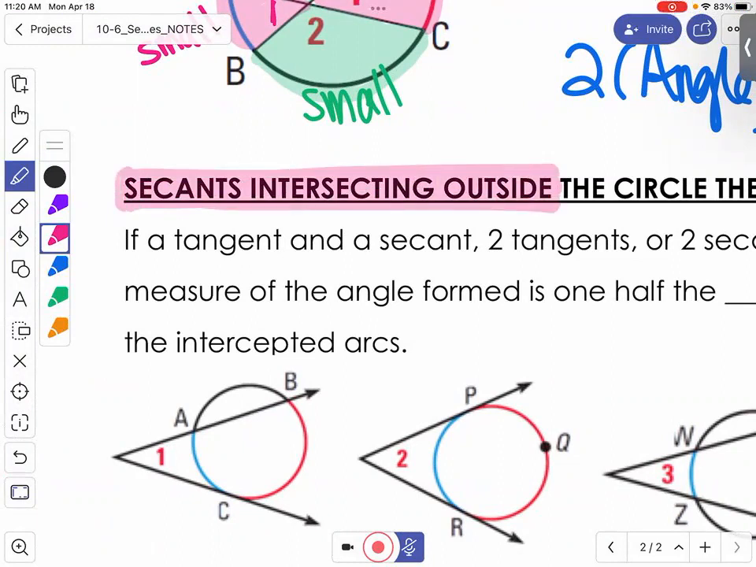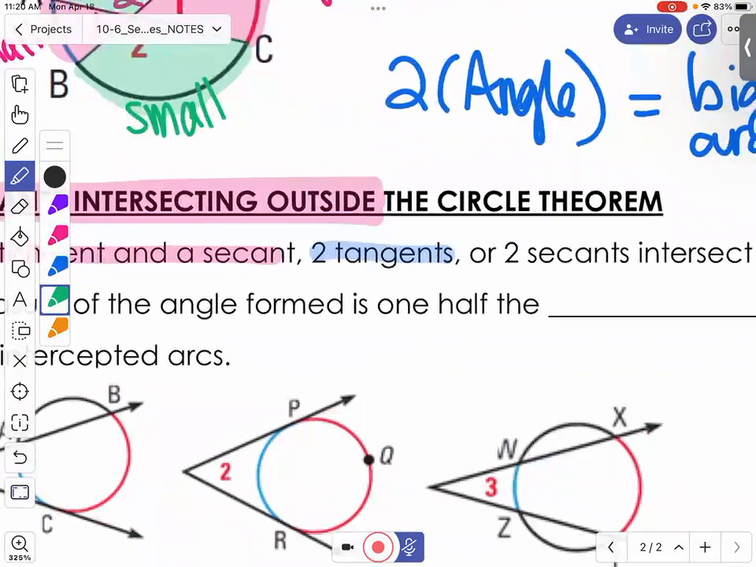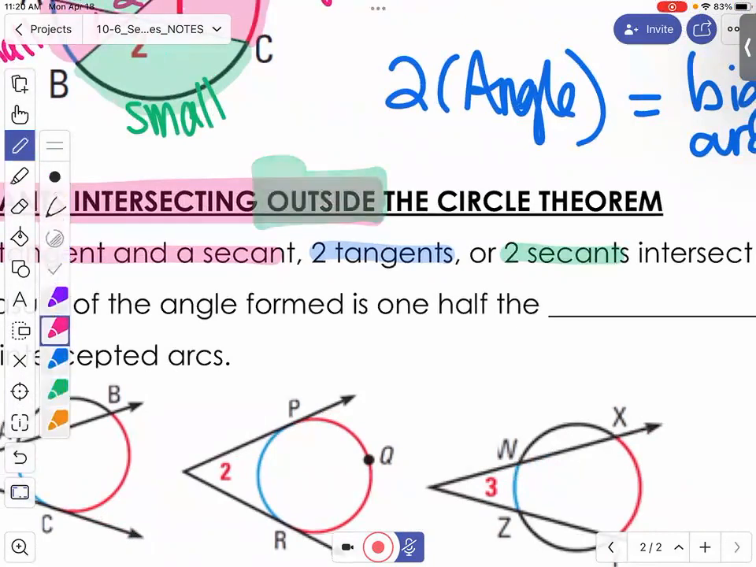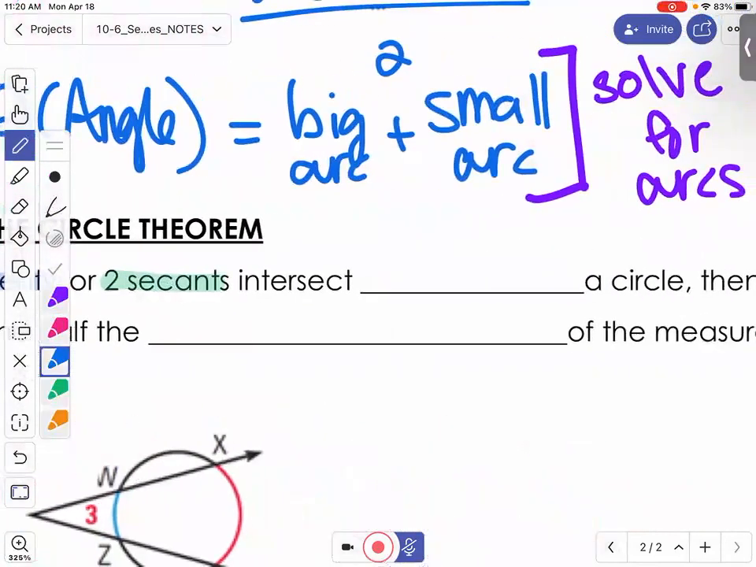Now, in reality, it's going to be more than just 2 secants. There are other combinations that we can do here. We can have a tangent and a secant. I could have maybe 2 tangents, or I could have 2 secants. Regardless of which combination, what matters is, do they intersect on the outside? That's what's important. Because when they do, regardless of the combination, the rules are